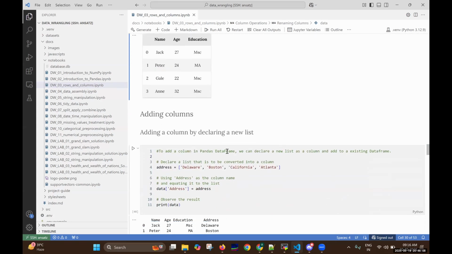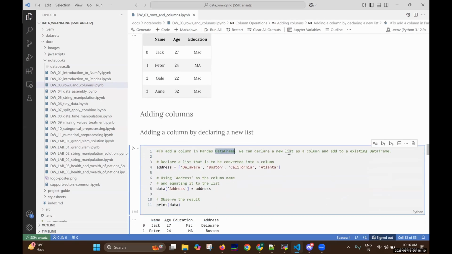To add a column to a pandas data frame, we can declare it as a new list. Simple. This address, we had 4 items, right? So we'll make sure the 4 items are there in this address list. Once we have the list, we just need to pass this list directly to this data frame. The data frame already had name, age, education, right? Address was not there. But if we just create it like this, df.address, even though it is not there, we are creating it now, and we are passing this address. That's it. The column is added